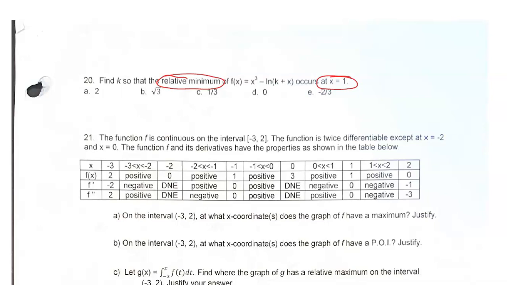We're not given any endpoints, so that really just leaves us with the idea that if I took the derivative of this, we get 3x squared minus 1 over k plus x, and then times the derivative of k plus x. K is a constant, so it would go away. The derivative of x would be a 1. So what this is telling us is that if we're going to have a minimum at this point, what that would tell us is if I let x be a 1,